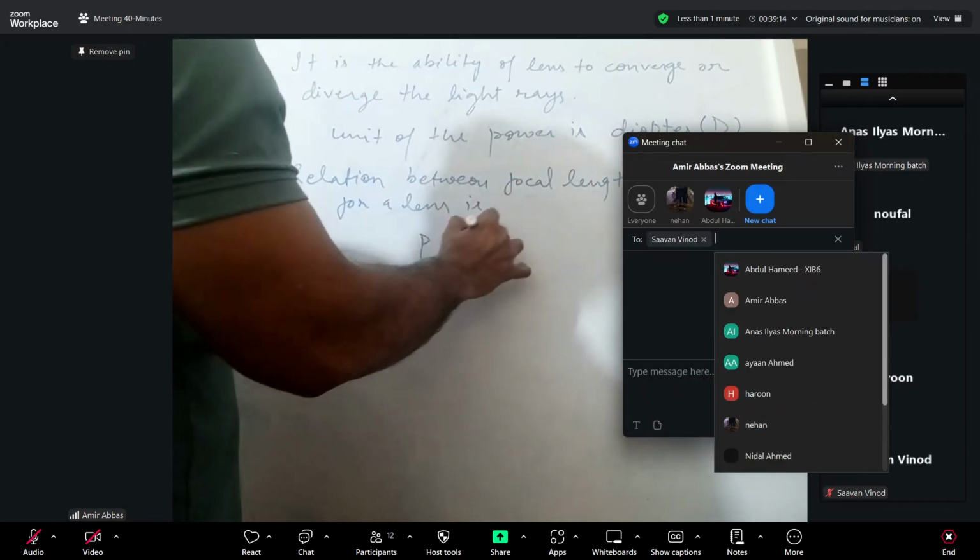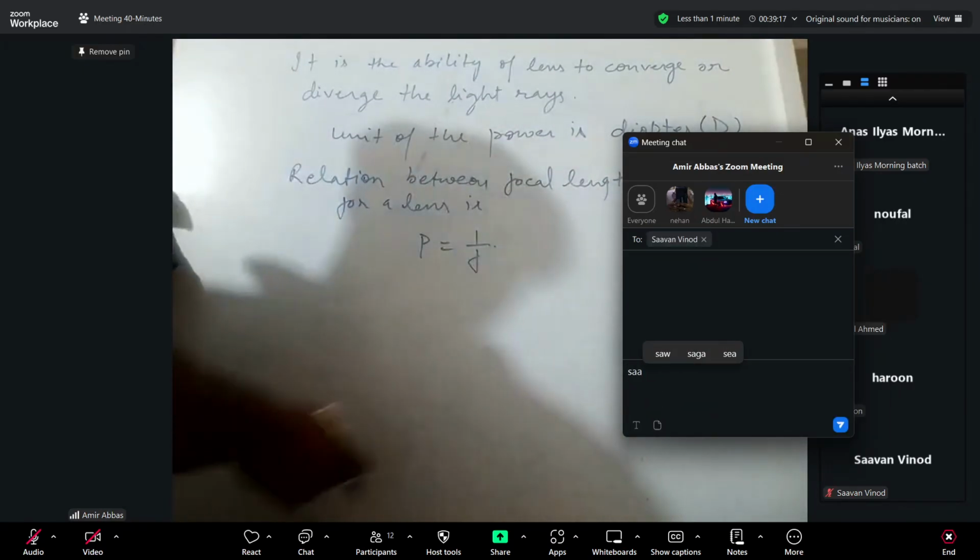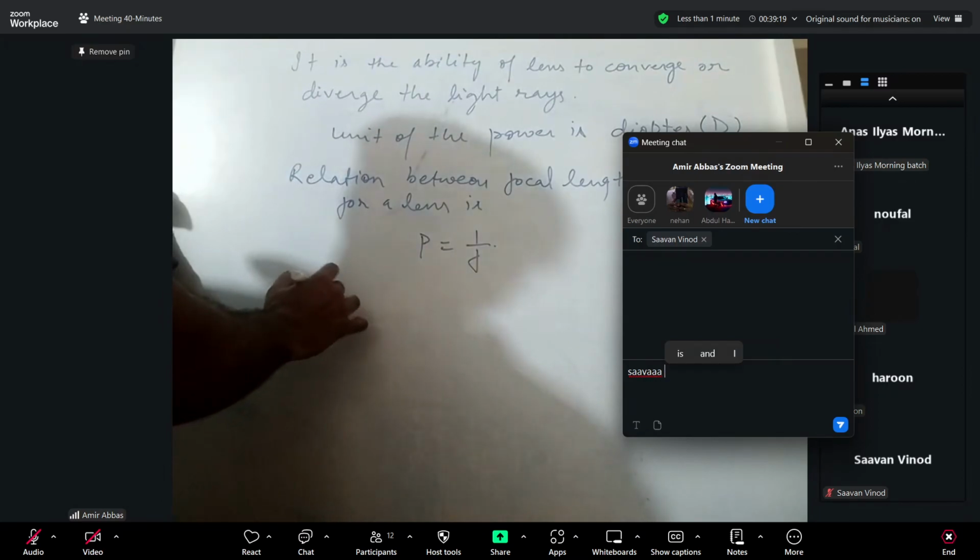P is equal to 1 by F. Okay, so if from this you see power